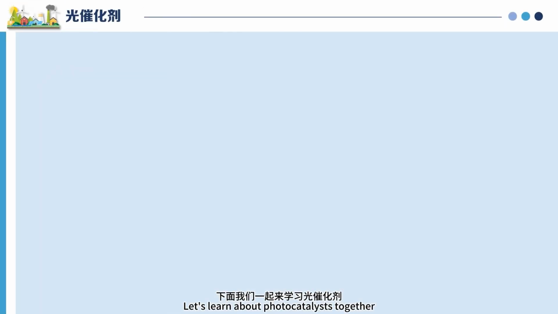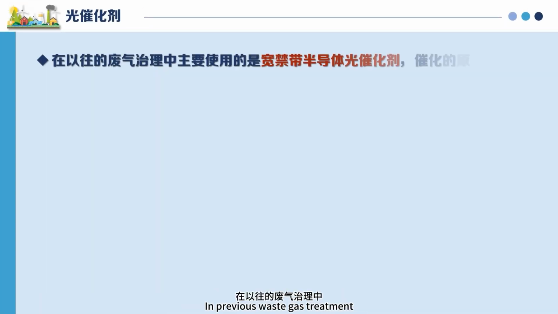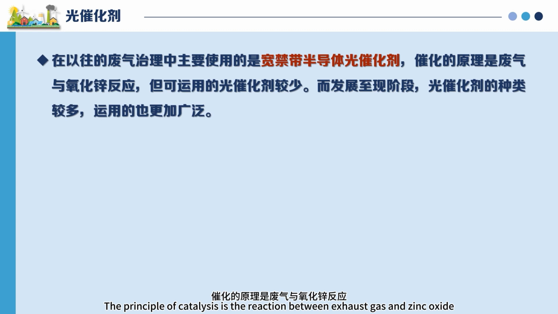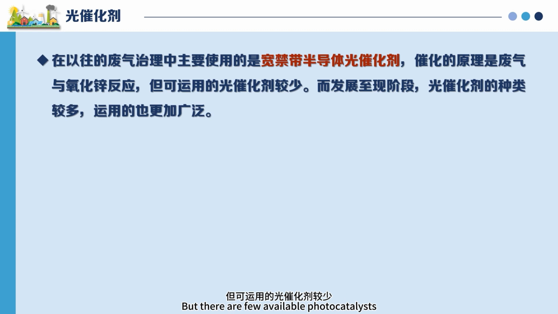Let's learn about photocatalysts together. In previous waste gas treatment, the main ones used are wide bandgap semiconductor photocatalysts. The principle of catalysis is the reaction between exhaust gas and zinc oxide, but there were few available photocatalysts, and at this stage of development,